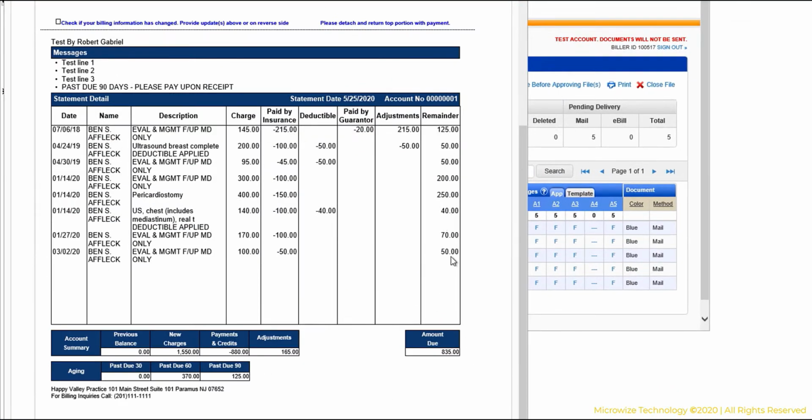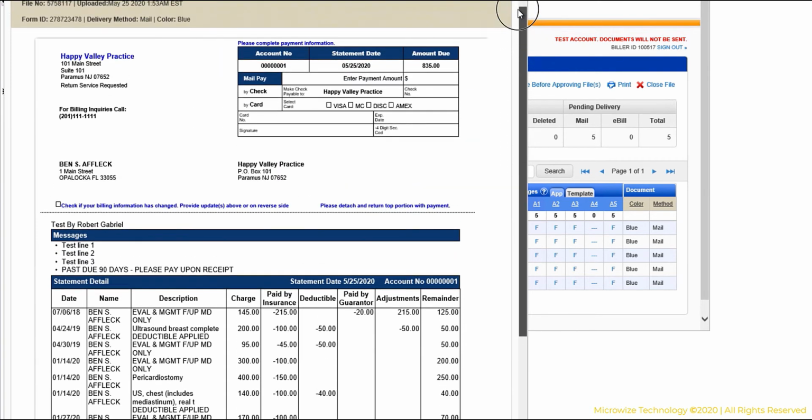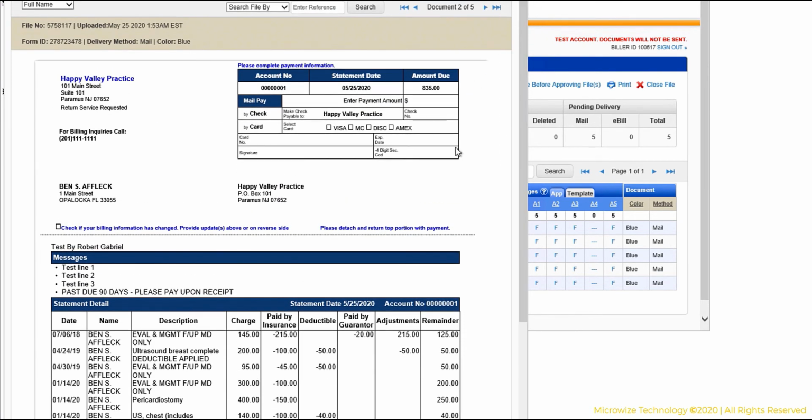Remainder, nothing here is 0. Then it gives you a nice aging summary. You can turn that aging off if you don't want to, and it will break it down by new charges, payment and credit, adjustment, past 30, past 60, past 90. This looks a lot more professional than the one that you print from your own printer,